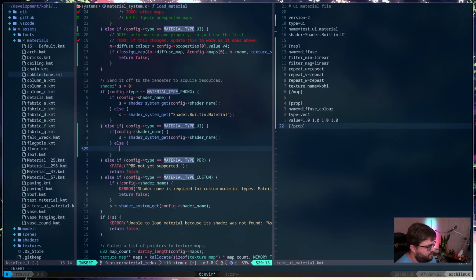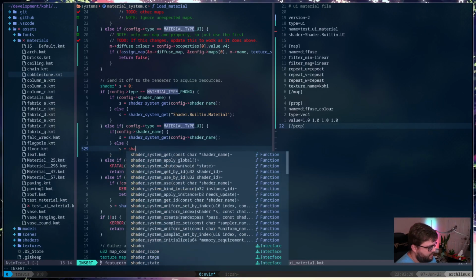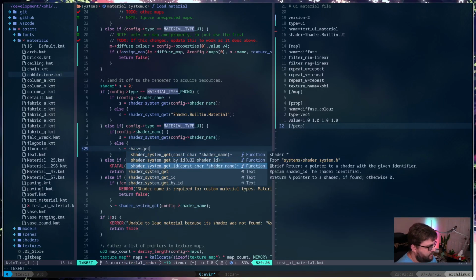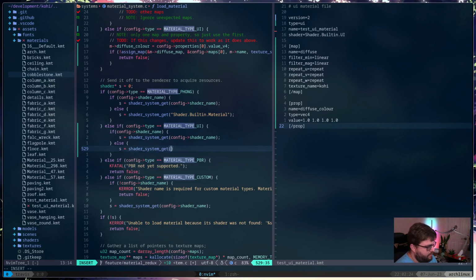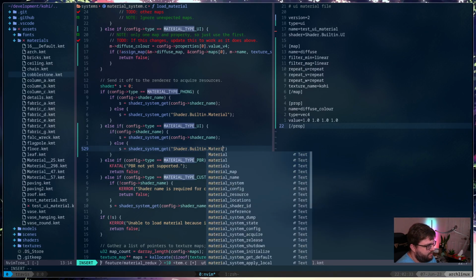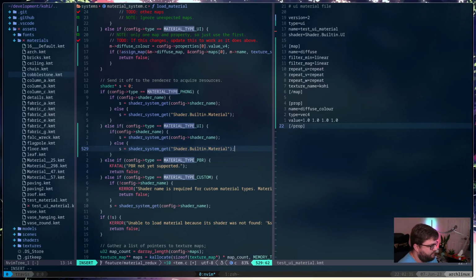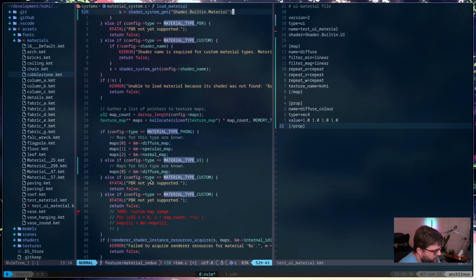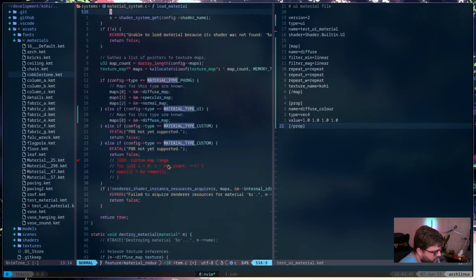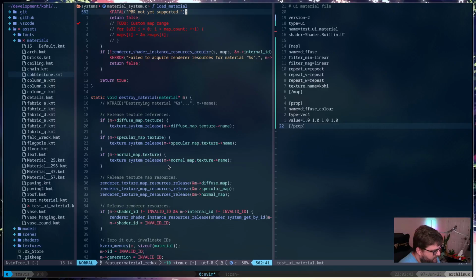Otherwise, we'll say s equals shader system get shader dot built-in dot material. Right. So we've got that. We've already handled this. So I think that might be everything we need to do.